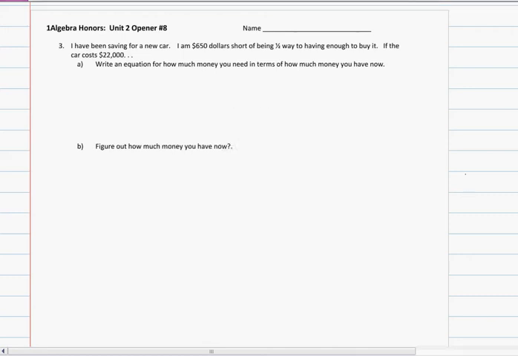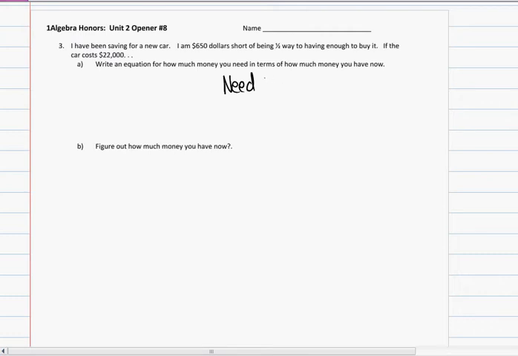I've been saving for a new car. I'm $650 short of being halfway to buy it. If the car costs $22,000, write an equation for how much money you need in terms of how much money you have. So in other words, I'm saying that how much I need